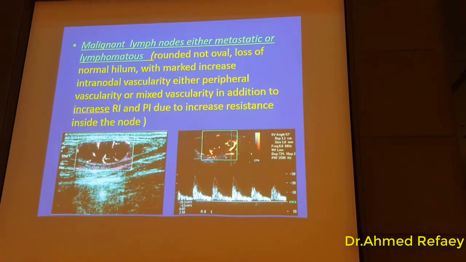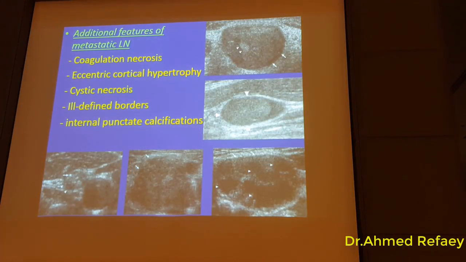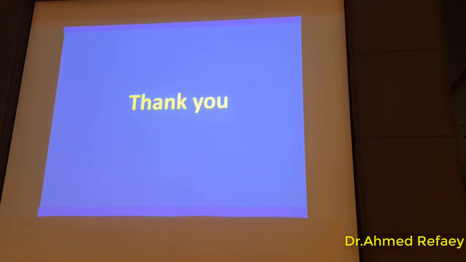And for the malignant lymph node, we mentioned that the most important are the spectral Doppler regarding the increased resistive index, and the color Doppler regarding the detection of peripheral vascularity of the node or mixed vascularity. And don't forget additional features for metastatic lymph nodes, like coagulation necrosis, eccentric cortical hypertrophy, intracystic necrosis, definition of the outline, and also some echogenic lymph nodes in cases of papillary carcinoma. So thank you very much for